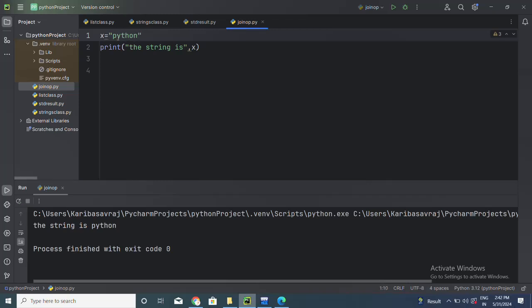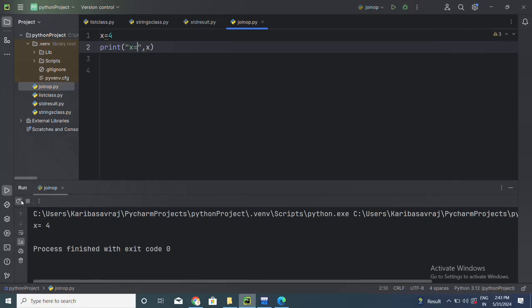If I take the number 4, then x is equal to 4. See the value of x every time. How many times you execute, it doesn't matter. It shows only 4, because the value is assigned here.